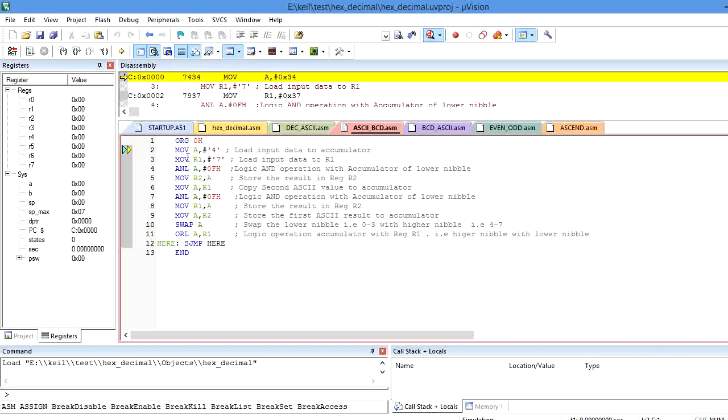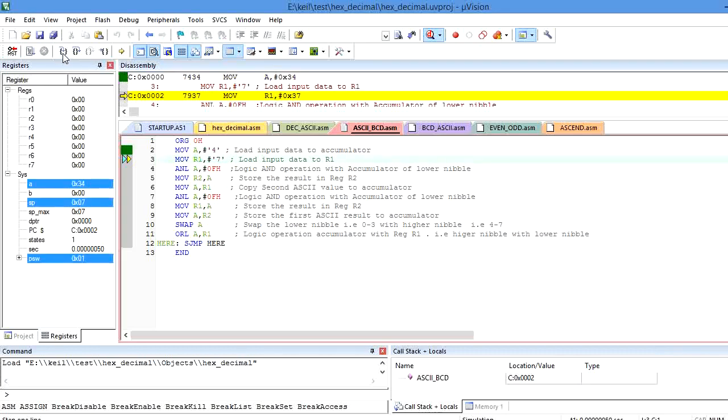Now when I execute MOV A, #34, I am copying the value 34 into the accumulator. See here the value of the accumulator: previously it was 0, now it is 34. Why 34? The ASCII value of 4 is 34. I am storing it into the accumulator.